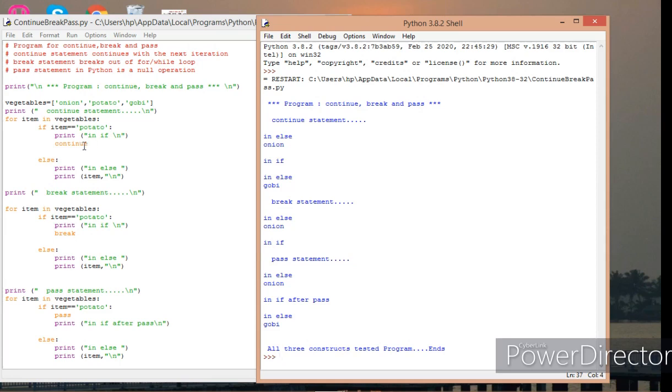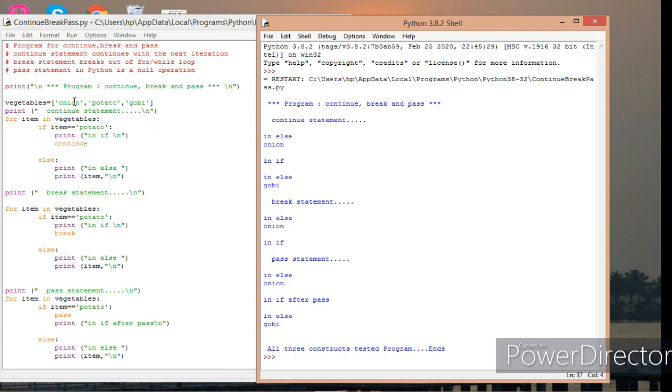So what it will do, if suppose item is equal to potato, it will continue with the next iteration. Fine. If it is not potato, it just prints in else and prints that particular item. Okay, so let's see how it is doing here. So, continue statement. What is the first element?